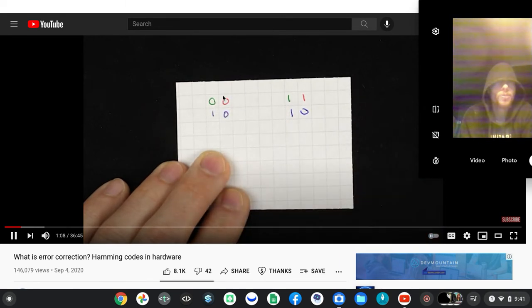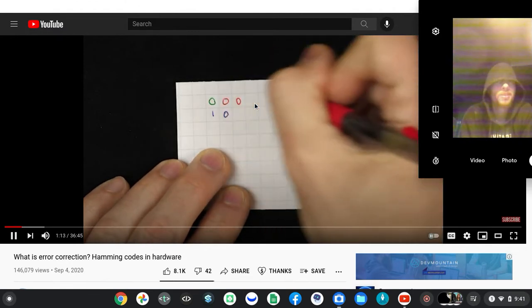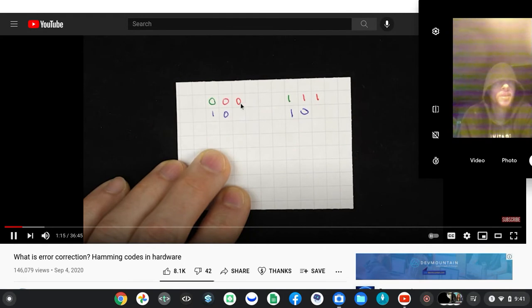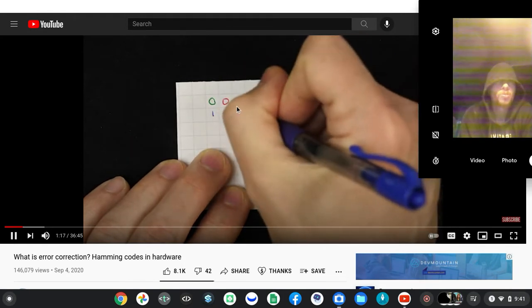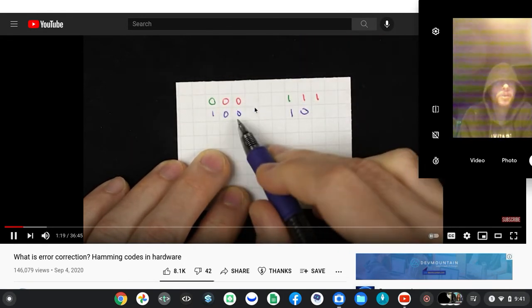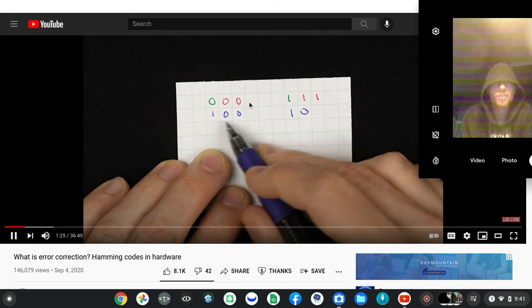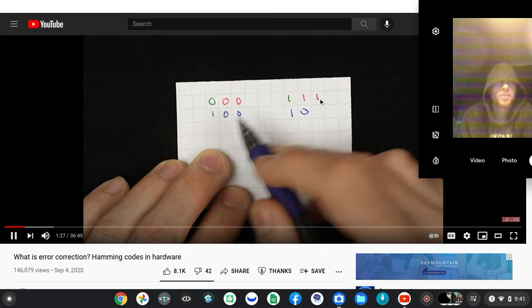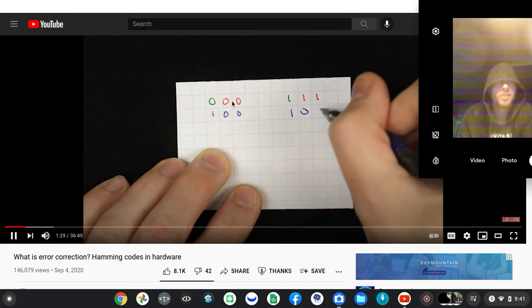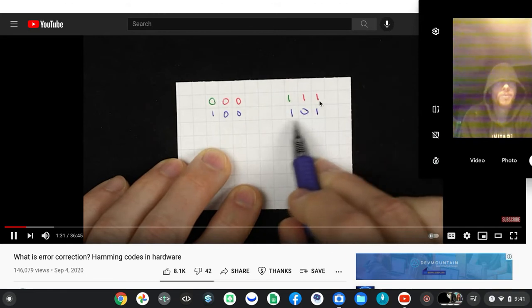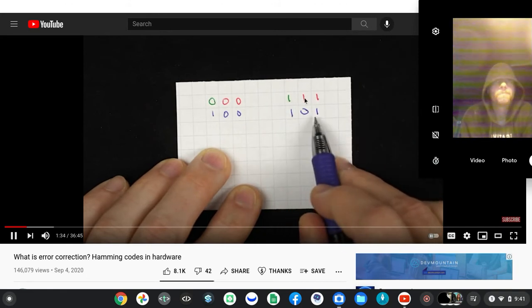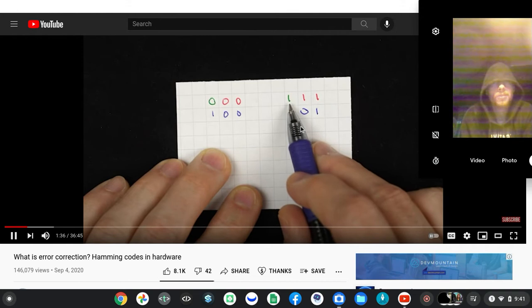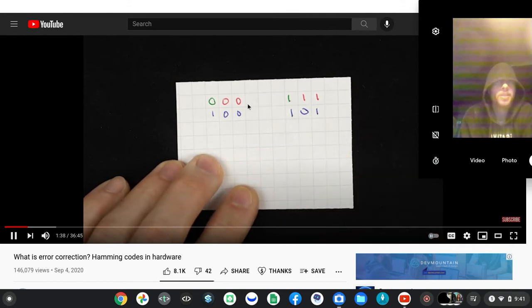So if we want to be able to automatically correct the error and not just detect it, well, we could store a second copy of the bit. And that way, if we were to read 1, 0, 0, we would know, okay, well, if we take 2 out of 3 here, if we're assuming that errors are rare enough, we probably only ever have one at a time, then reading something like 1, 0, 0 probably means the original bit was supposed to be 0. If we read something like 1, 0, 1, well, same thing, 2 out of 3, we figure, well, it's probably supposed to be a 1. That's really basic error correction,